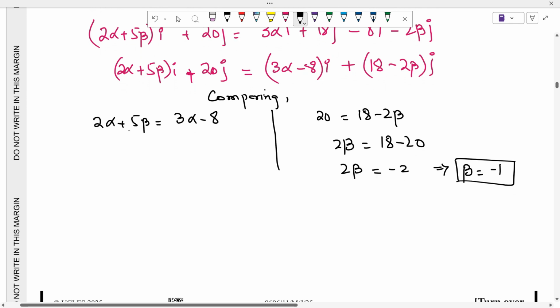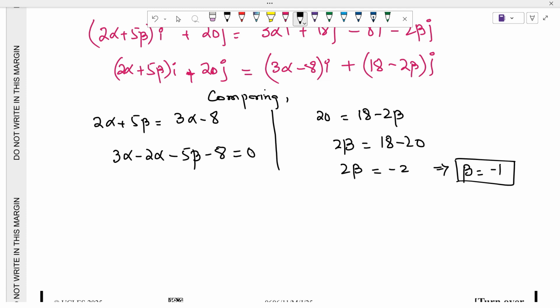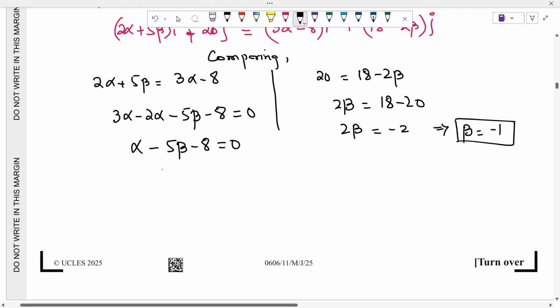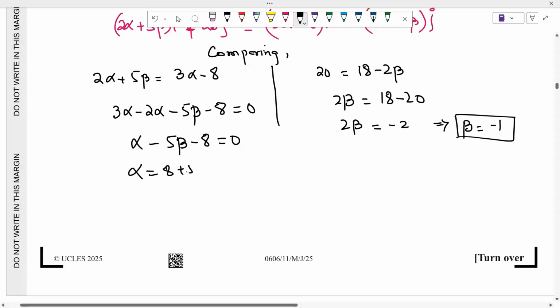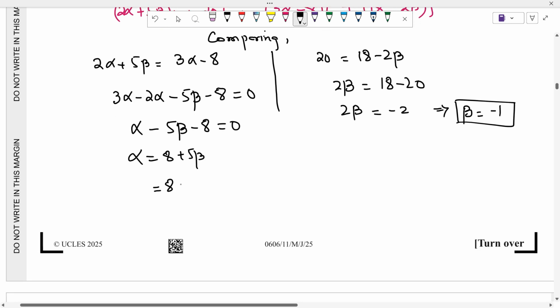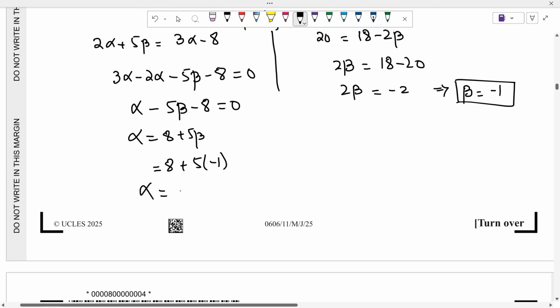Now, in this case, we will have 3 alpha minus 2 alpha minus 5 beta minus 8 equal to 0. So we will have alpha minus 5 beta minus 8 equal to 0. Alpha is equal to 8 plus 5 beta and beta is negative 1. So we will plug in 8 plus 5 times negative 1 and so alpha is equal to